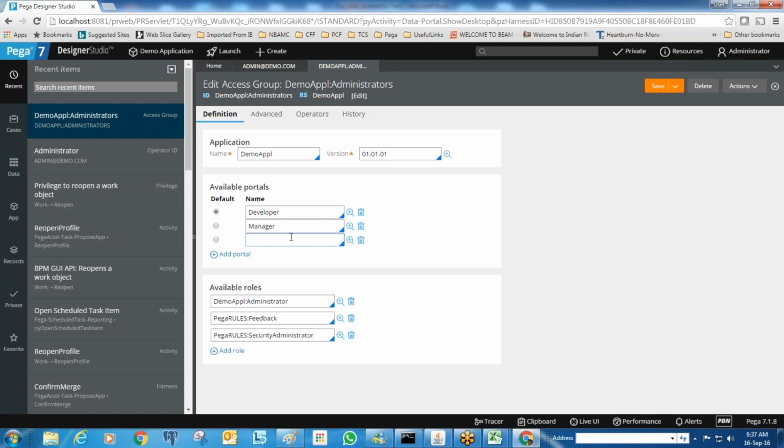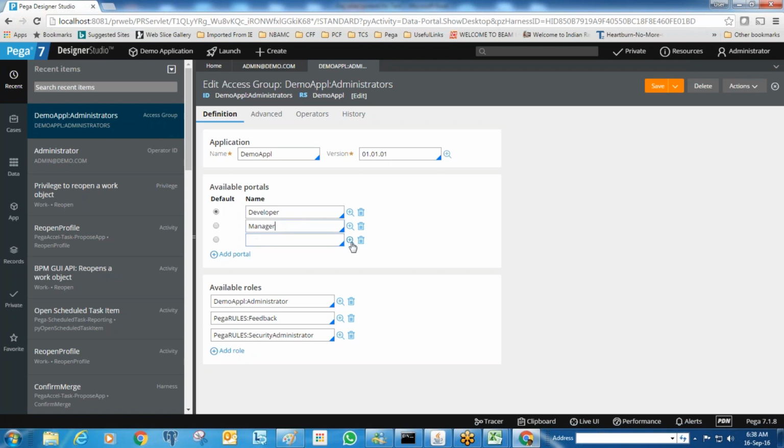Can we create such a portal also? Yes, you can create it for a particular application. If we create a new portal, do we need to customize the theme or layouts? Yes, we need to customize. That we will discuss in the UI topic, how to customize the screens.